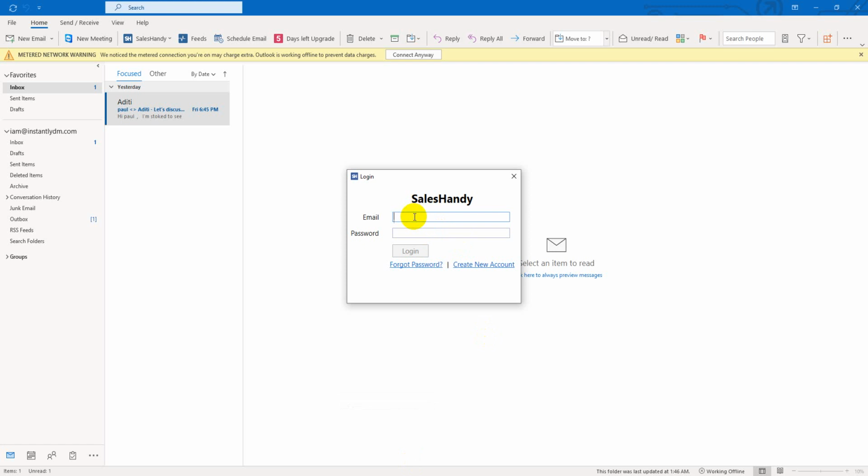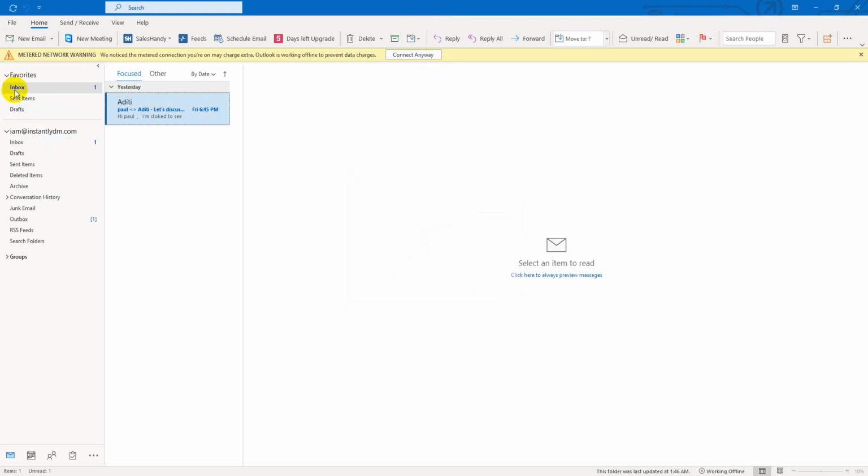So after installing Sales Handy within your Outlook account, you need to log in to your Sales Handy using the following address. Then click login. So I already logged into Sales Handy.